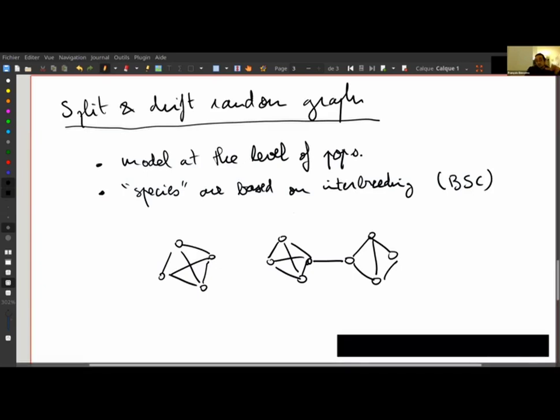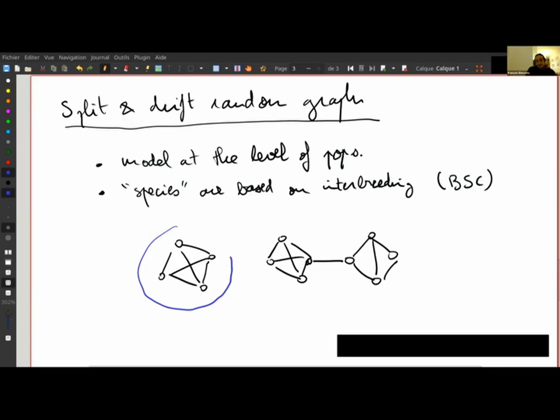So this graph here contains all the information about the population relative to their interbreeding potential. But here we haven't specified a notion of species. So for instance, you could say that this graph of vertices here corresponds to sort of an ideal species, because here every population can interbreed with any other population from the group, and they cannot interbreed with populations from other groups. But if you look at this group of populations here, it's not so clear, because if you group them like this, for instance,